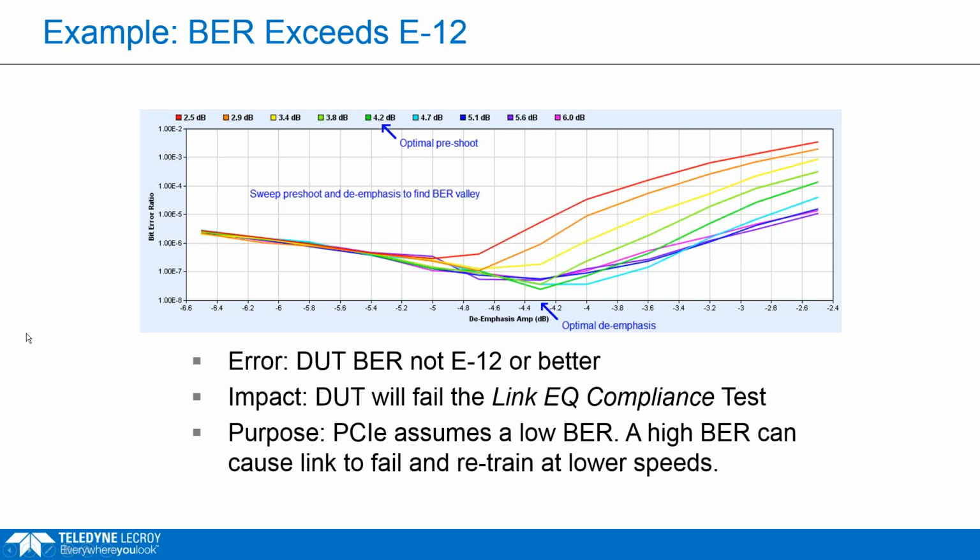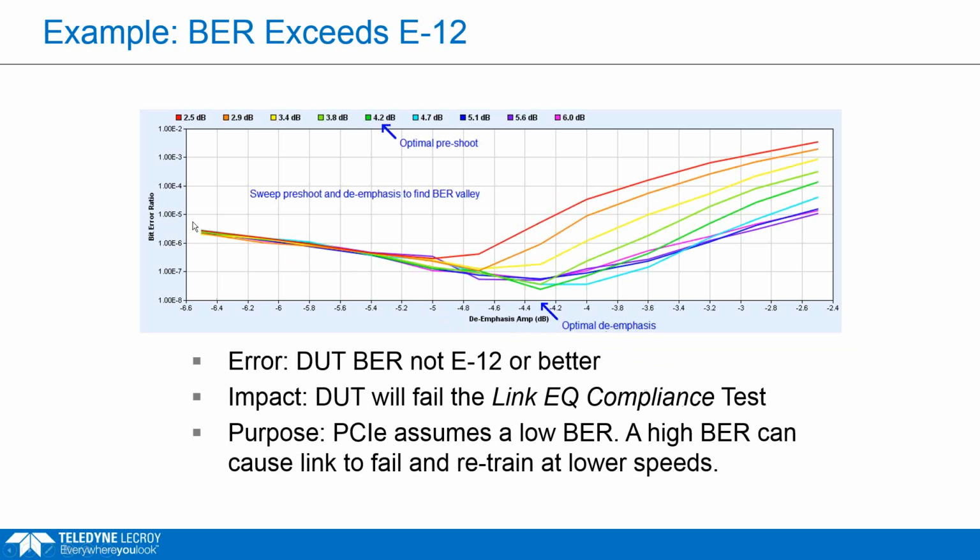Here's another example showing bit error rate measurements. So when you run through this recovery process, at the end of it, your device should have picked a transmit equalization setting that it wants its partner to use. Now, it can only pick one setting, but when we're testing things, we can test a whole variety of settings. So in some cases, it picks a setting, we run a bit error rate test, and it doesn't get the required 10 to the minus 12 bit error rate, even with the setting it picked.